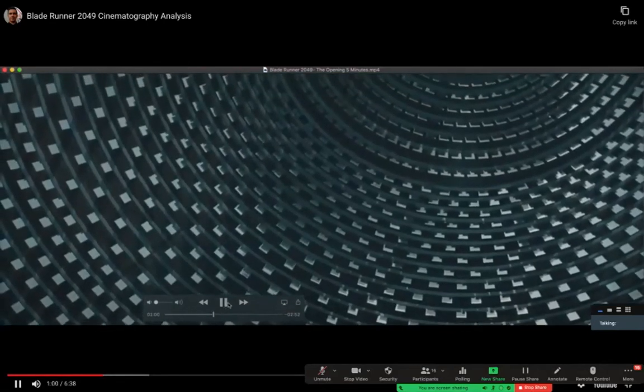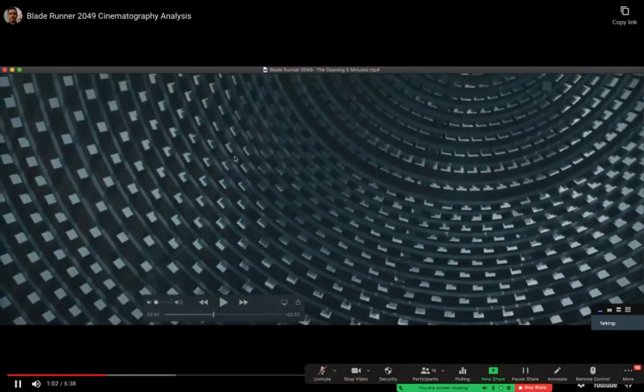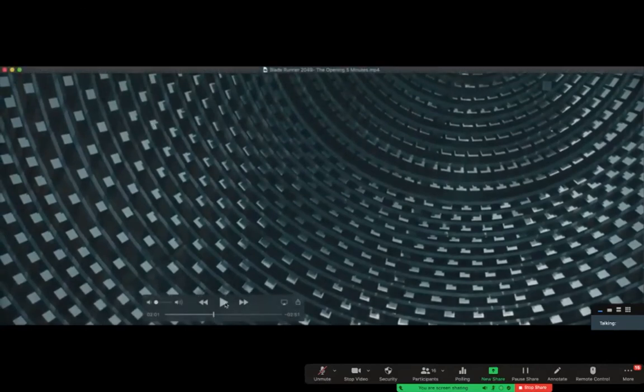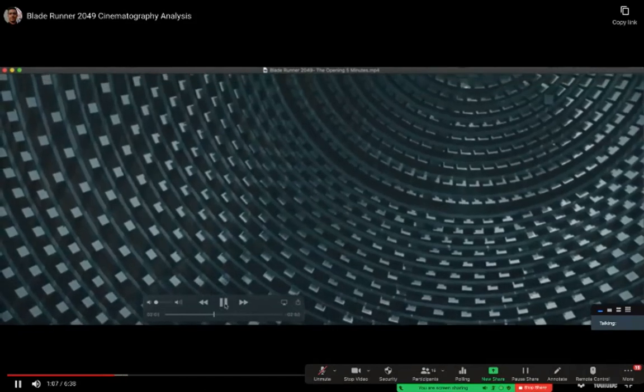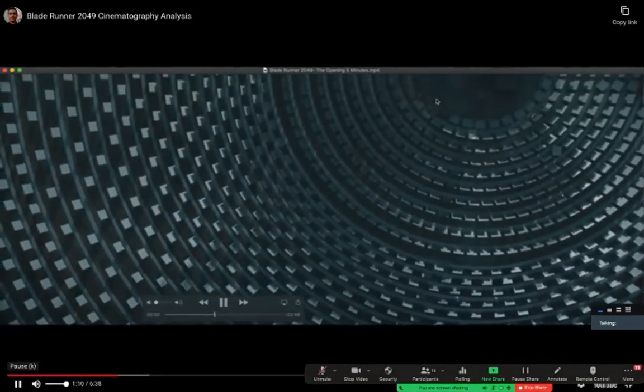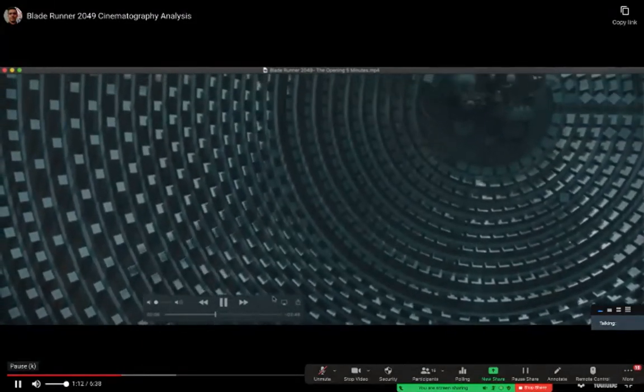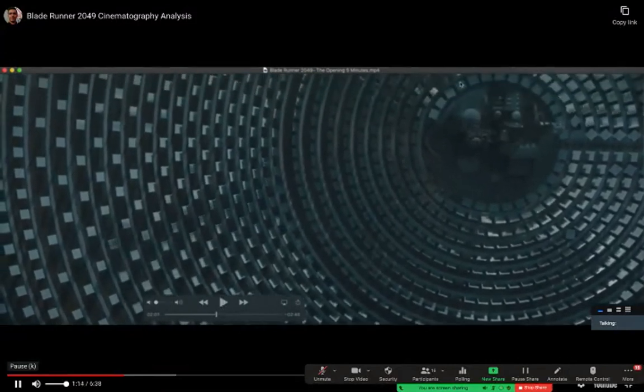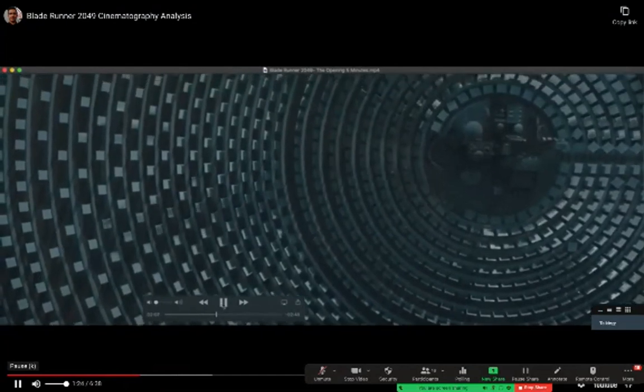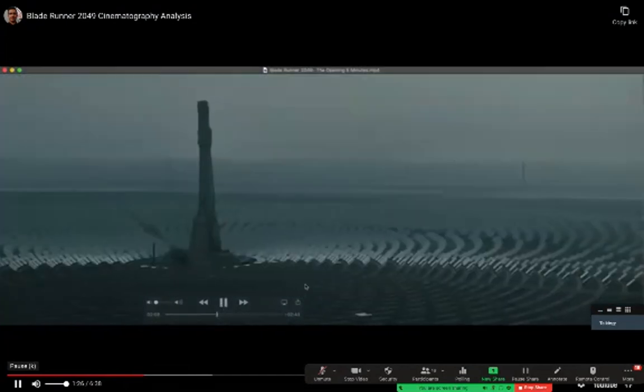This is an exterior shot. It's hard to tell exactly what it is, but you're flying above a solar panel array. And the camera is dollying forward while it's tilted down to reveal the scale and the scope of this array, but the shape of the eye is still there. So there's a transition from the visual shape of the eye to the visual shape of this opening shot, but it's something completely different. It's showing you a solar panel array and the tower that collects it, presumably.